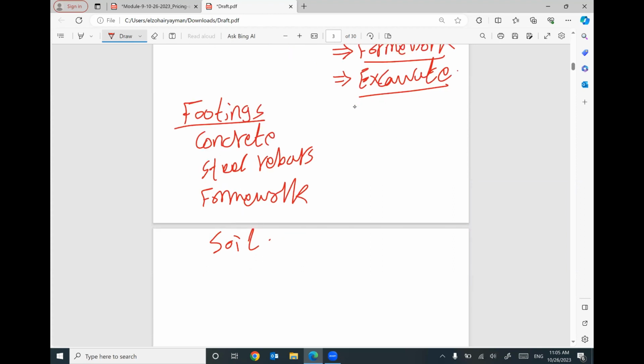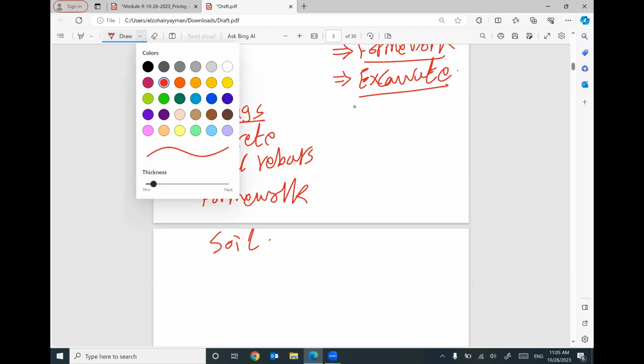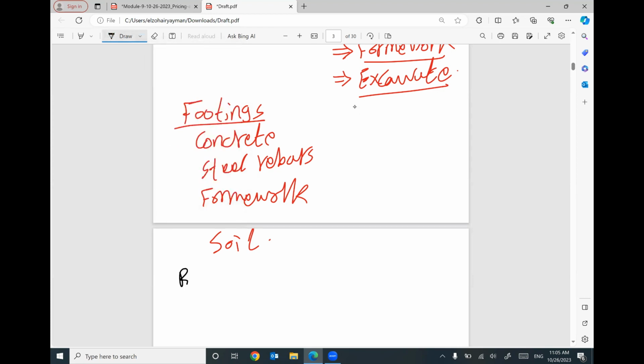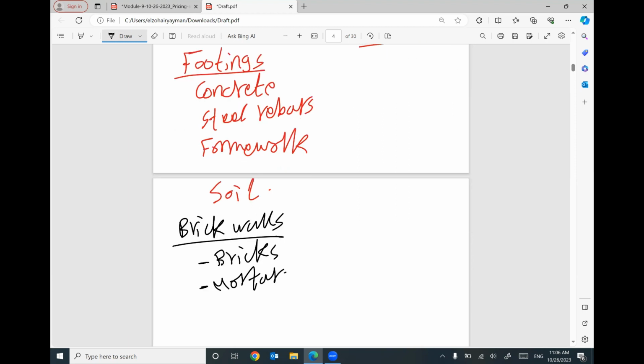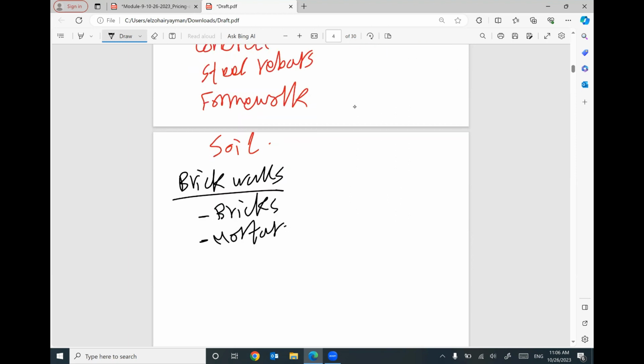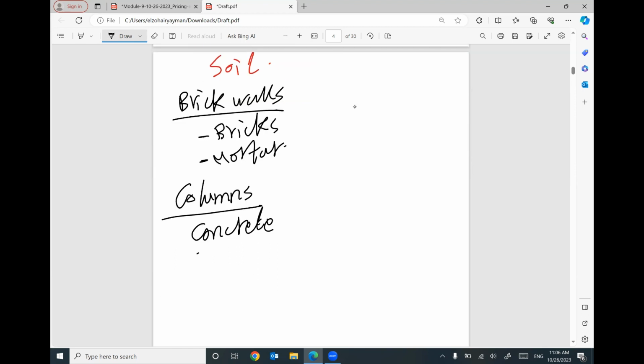This is for footing. We have another item for brick walls. I can figure out how many bricks, how much mortar I need to order. We have columns. I can say how much concrete, how much steel rebars,